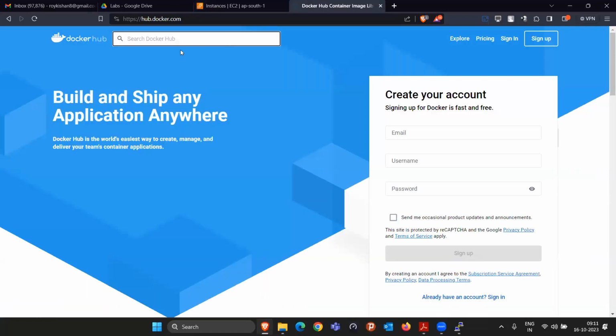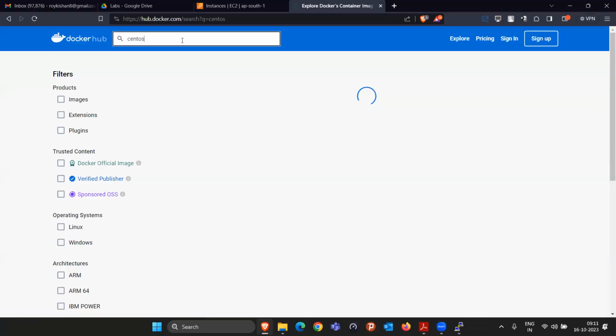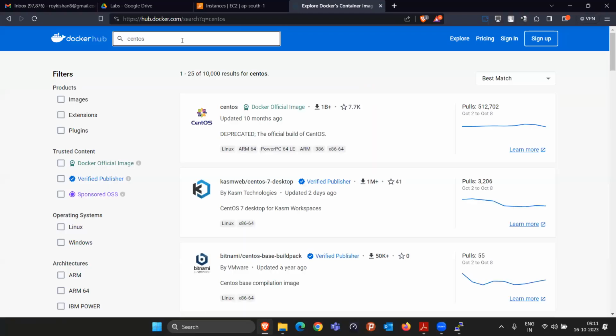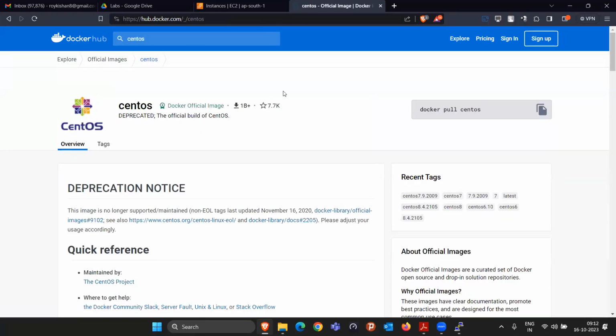I can come to Docker Hub and search for the CentOS operating system. CentOS is exactly equal to Amazon Linux 2. If you are going to use CentOS version 7, that is exactly equal to Amazon Linux 2. Okay. So here you can see that the CentOS image is available. If I click here, they are saying 1 billion plus people downloaded it, right? And basically it got downloaded 1 billion times,